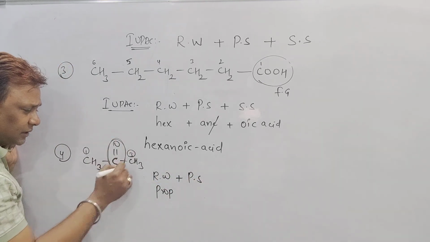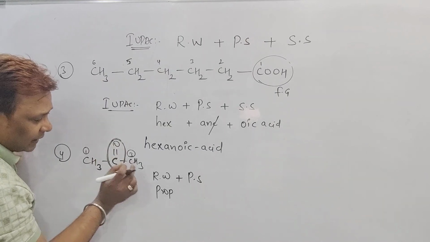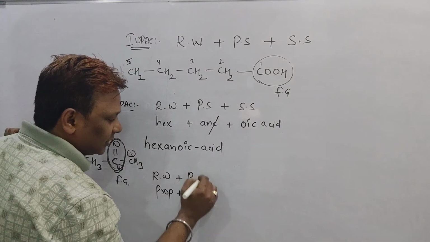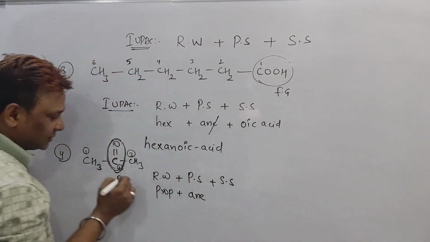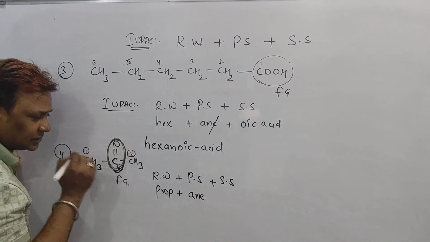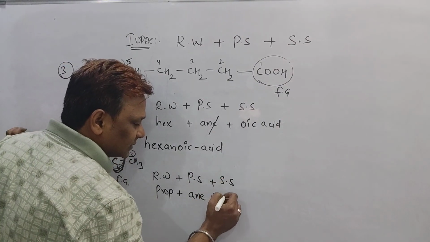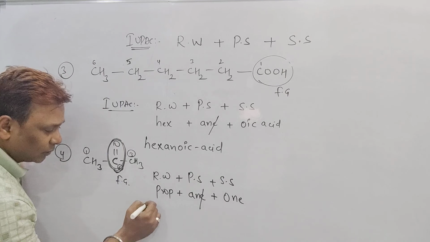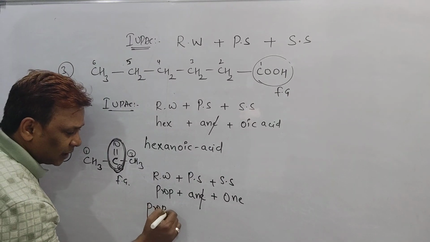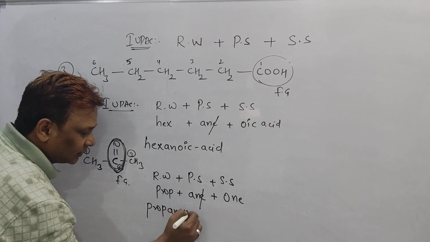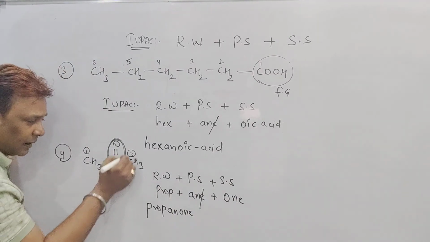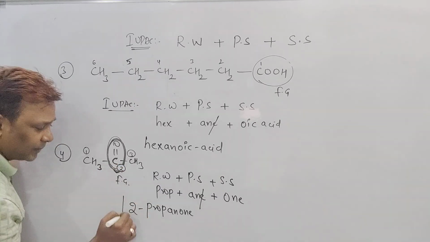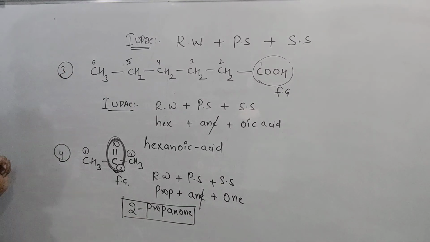This is a double bond present in the functional group. Leaving this one, are you having any double or triple bond on the other side? No double or triple bond. So I should use ANE plus secondary suffix. What is the name of this functional group? This is called a ketone, and for ketone, the secondary suffix is added as ONE. See, the E of the alkane is replaced by ONE. So what is the IUPAC name of this compound? PROPANONE. But one point you have to mention here: my functional group is present on the second carbon atom, so it will be called 2-propanone.